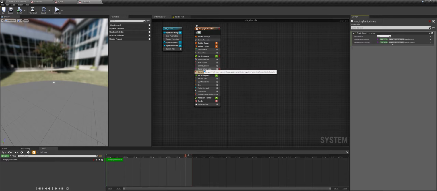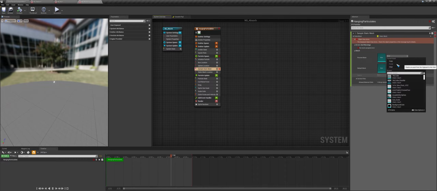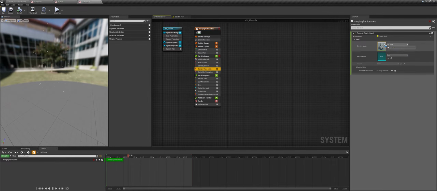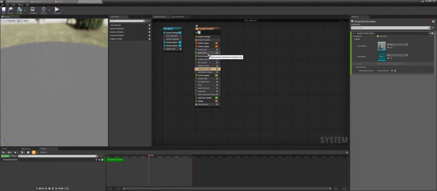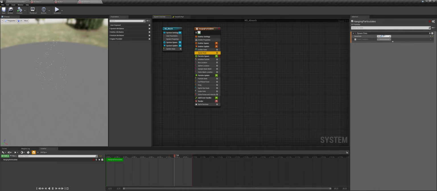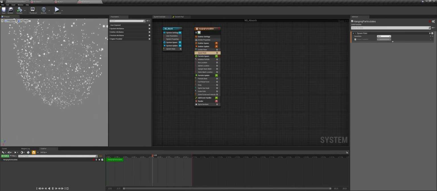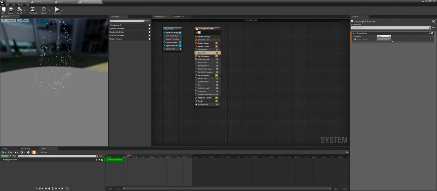So now we also have this simple static mesh thing added. So here we need to add our rope mesh. So type in rock and this will be the SM rock. This is from the starter content. So now you can see that our particles are already aligned to the mesh like this. And now I will go to the spawn rate and I will go here and change this value to like 500. So now you can see the shape of the rope taking shape like this.